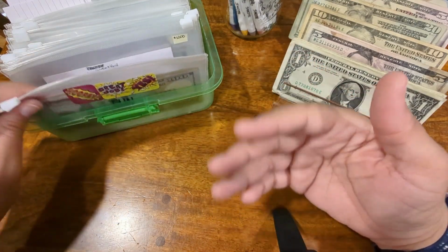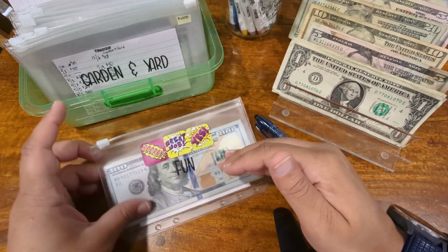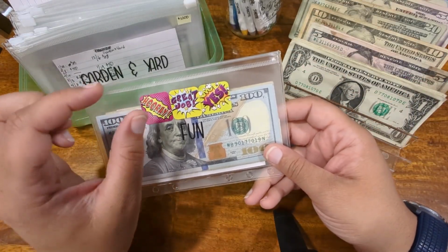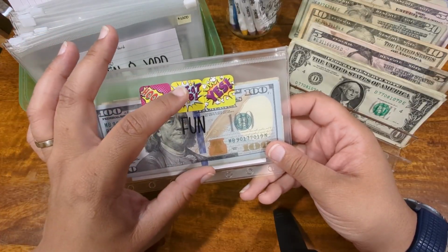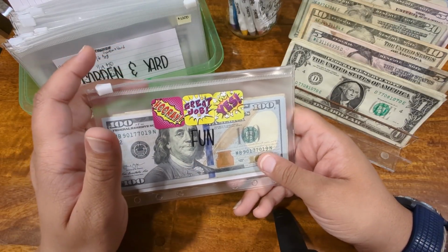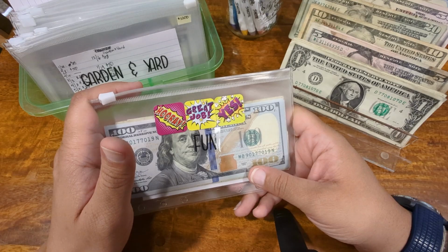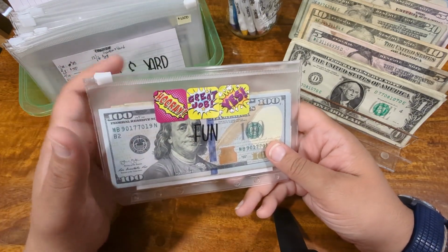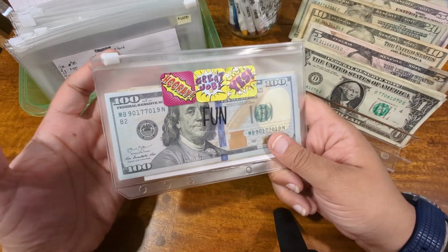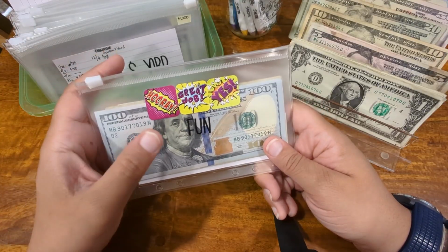And along the same lines as entertainment and dining out, but with a little bit fewer restrictions, is the fun category. It is a new category that we've kind of reintroduced. We had a very, very small time period where we did have some money that we funded into fun. I don't remember if it was in 2023 or in 2024. And I'll be honest, I can't remember what exactly funded it. It might have been a bonus that Mr. M got, but it was retired pretty quickly. But it is back, and it is one of the categories we are funding with any money that is left over at the end of a pay period. So fun gets